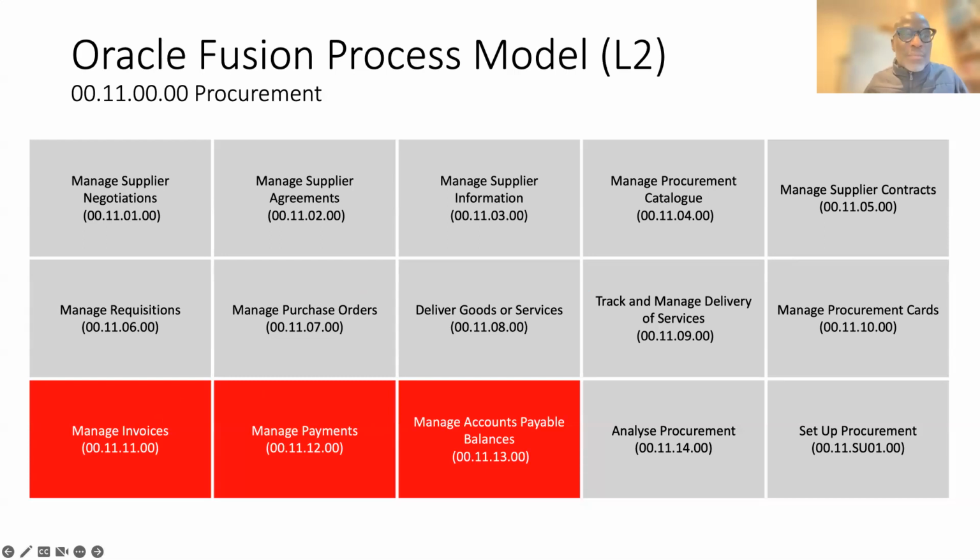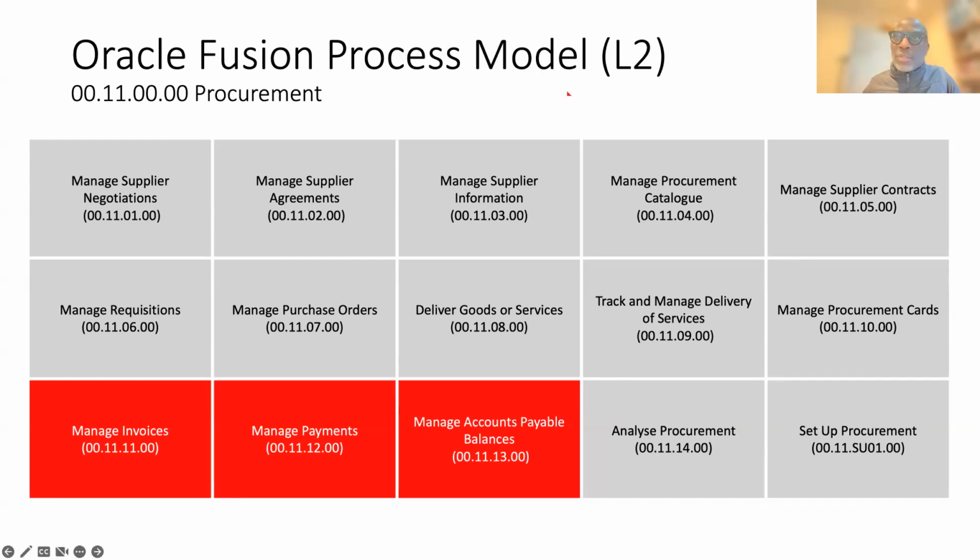So each of these mini processes or functions also have activities that you perform within each of them. Now, we've not got to the point of looking at who does what within each of these areas. We're just breaking down those processes from the core functions into smaller process areas. Now, what one needs to then do is think about how you are going to map this to the next